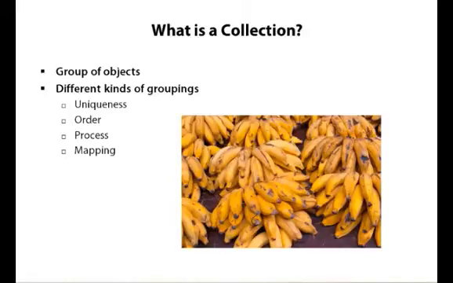If you've done a computer science course, a lot of the data structures you learned are captured in collections. Collections are just a way of making it so that you don't have to implement all those things yourself. So collections really make your job a lot easier, and all collections are some kind of a group. Collections are broken up into a few different kinds of groupings, and those groupings are usually organized around attributes like uniqueness, the order of the items in that group, and some kind of process, meaning some rules that govern how you can remove and add items from a group,